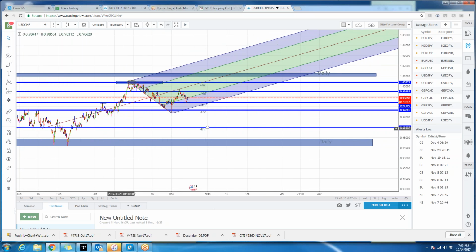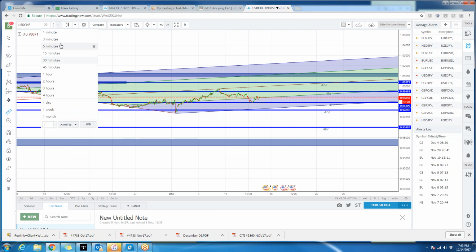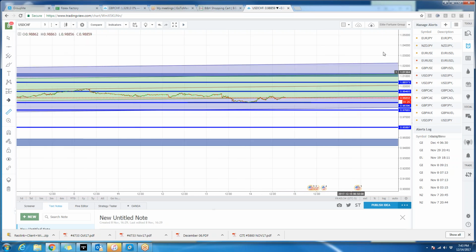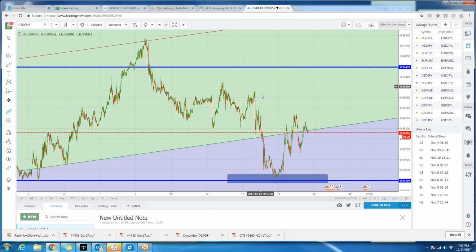I don't see enough movement in there right now to look at anything yet. You could play these support and resistance, but like I said, this one is 100 pips. So if you want to play 100 pips, you could. We could dive down into it. But this is in consolidation, and I don't really like the consolidation thing. But you can play this. You could have got in here and gone. And it's the same thing. So if we were playing this one,